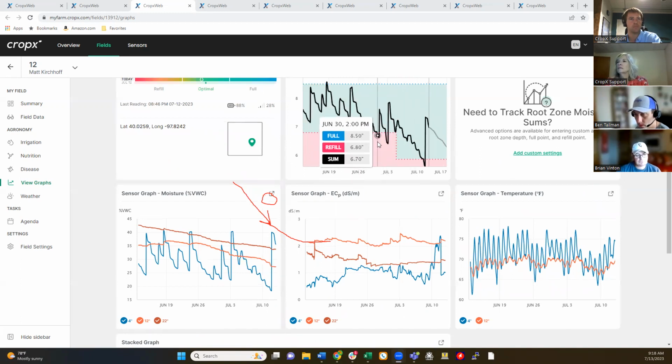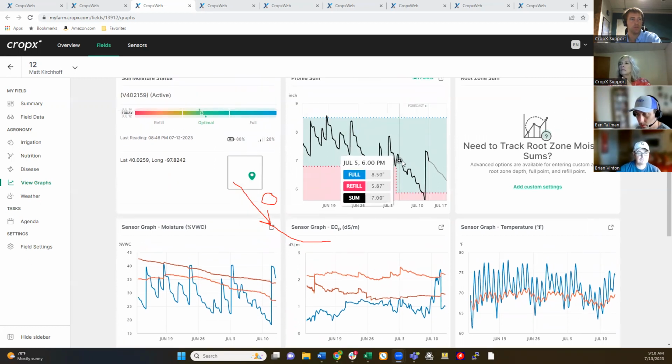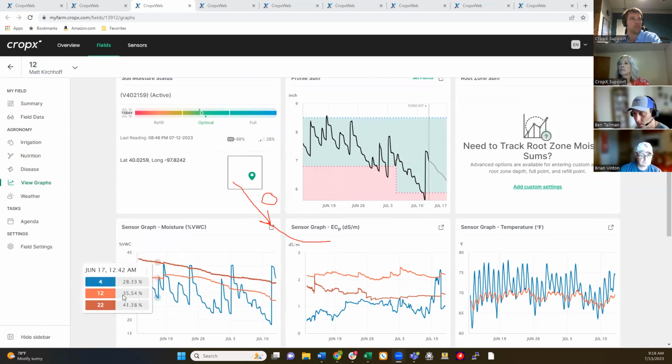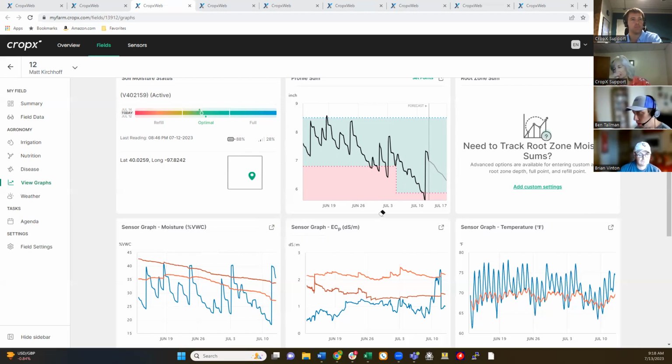So I think in this case, I was being very conservative this season setting these points because we were going into a season where we had very little subsoil moisture. Now that we're in the middle of July, we can be a little bit more comfortable. Yes, it is. We're at the peak of our hump now, and the rain forecasts have changed a little bit. It's a little bit more favorable, and we can see that our crop is doing just fine down at this